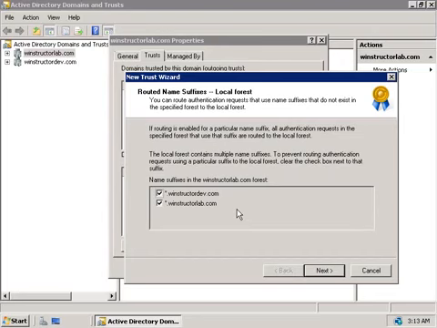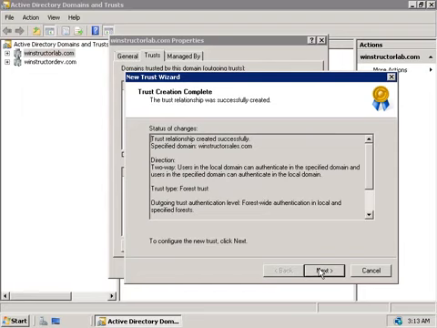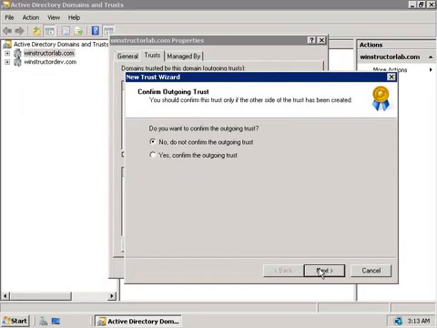So we'll click next. And here we can elect to route any authentication requests for any UPN suffixes in our forest to the local forest if we like. So if you've created additional UPN suffixes for use in the forest, you can choose to enable them for use across our forest-wide trust. So I'm going to leave the default here at both name suffixes of Winstructor Dev and Winstructor Lab, and we'll click next. Then we'll get our final summary here, so we'll click next.